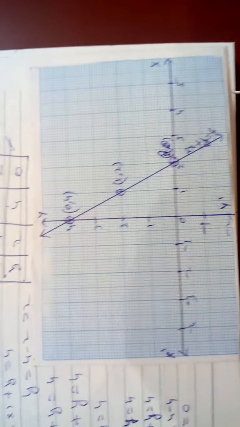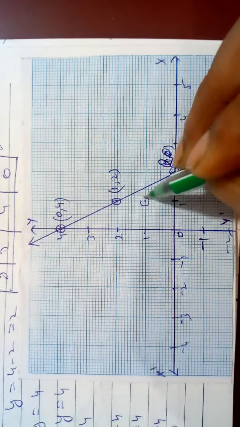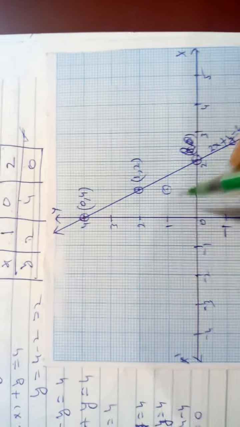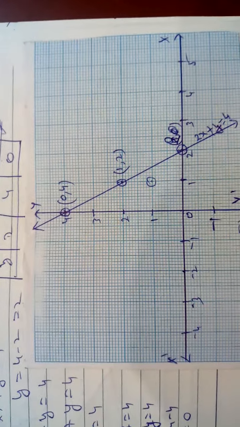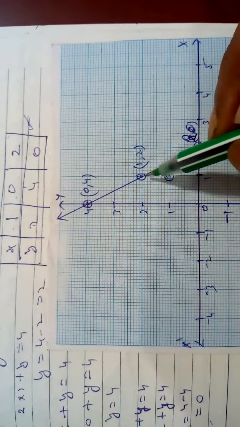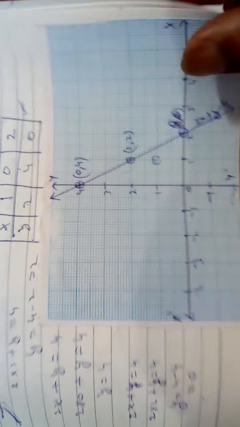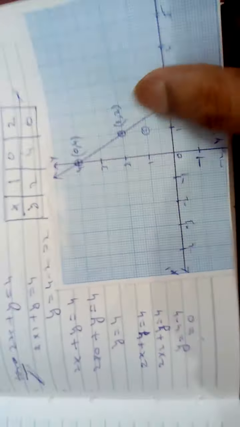Here you can check whether (1, 1) lies on the line or not. Here I have told you, you can check: (1, 1) is not lying on the line. So you take (1, 1) here, this line. It does not lie on the line, so it is not the solution. (2, 1), (1, 2) is the solution. (1, 2) is the solution, but (1, 1) is not the solution. So this is a very important thing.